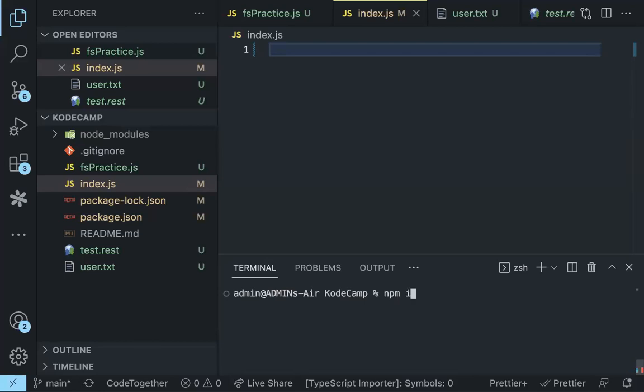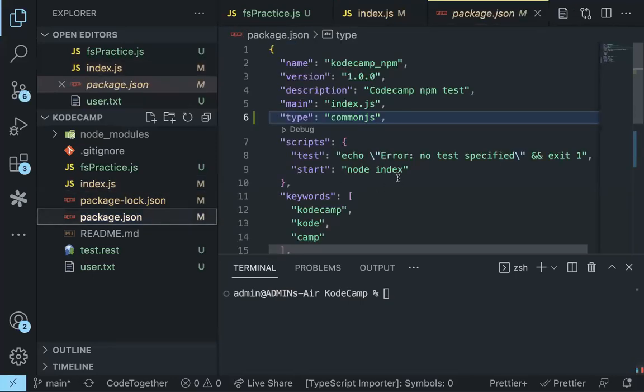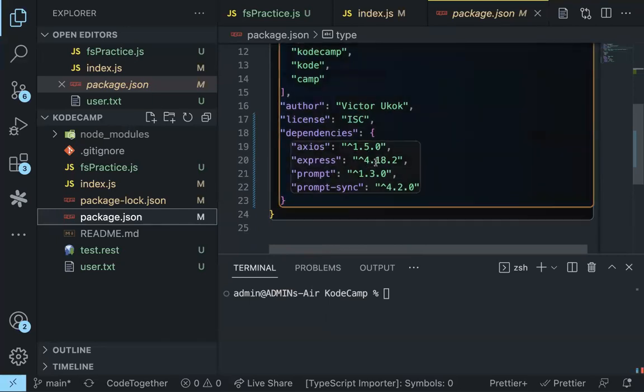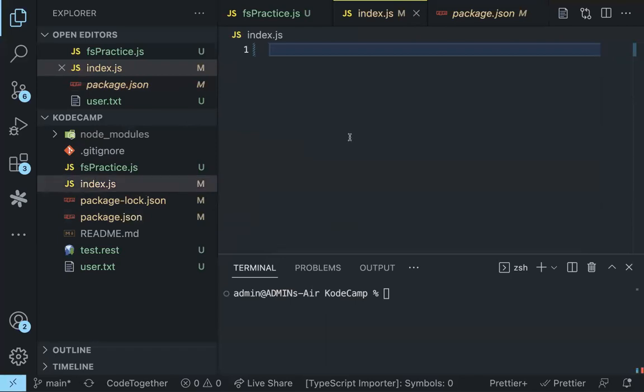So npm install express, right? To install the Express framework into that particular project or that particular package. I've already installed Express. So if we come down here, you see that you already have Express here. So if I want to use Express, of course, I'll just come here and write